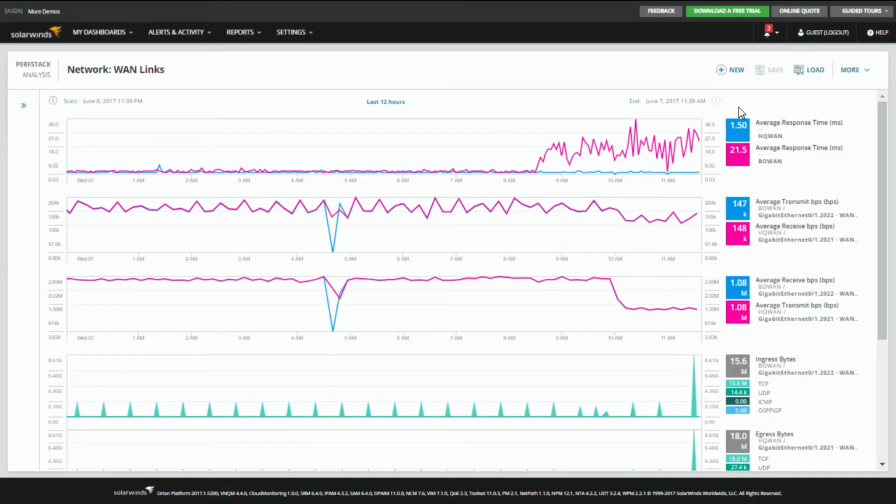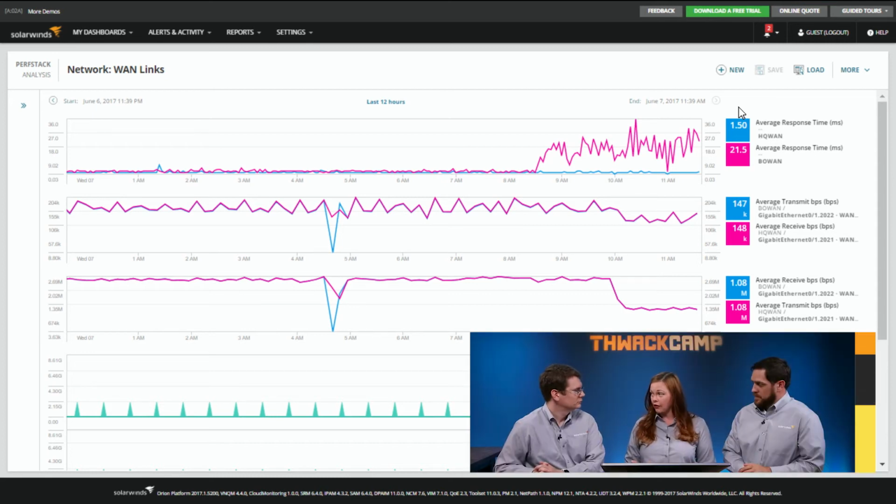So if we look at the demo, we're in PerfStack right now, and this is looking at the average response times, the average waits, your transmit, your ingress, your egress. Why is this important to me as a networker? When we have change requests, or a maintenance, a lot of times now they want a statement of work beforehand. What are you trying to accomplish, right? After you make these changes or upgrades, what are you trying to accomplish?